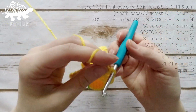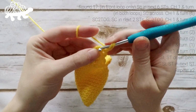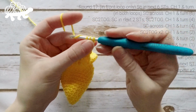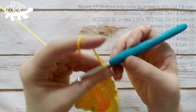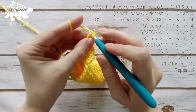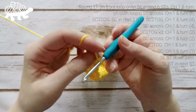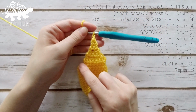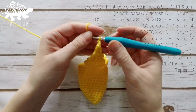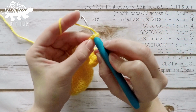Chain 1 and turn. We're going to single crochet 2 together in the last 2 stitches. Chain 1 and turn. And for row 8, we're going to work 1 single crochet in that last stitch, chain 1 and turn, and now we're going to slip stitch down the side of the peel to get us back down to the base. So starting in that first row we were just in, we're going to work 1 slip